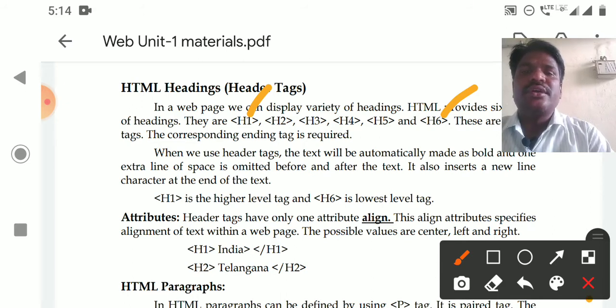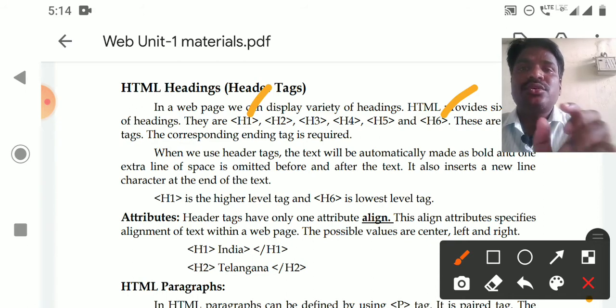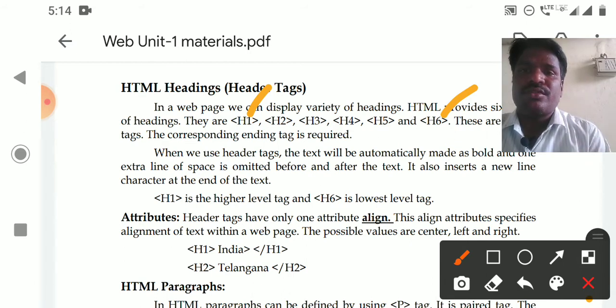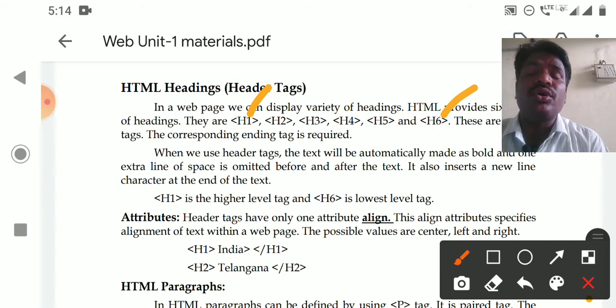Generally for header tags we can use some attributes. H1, H2, H3, H4, H5, H6 define headings for the text. We can add an additional property to say where to display these headings.